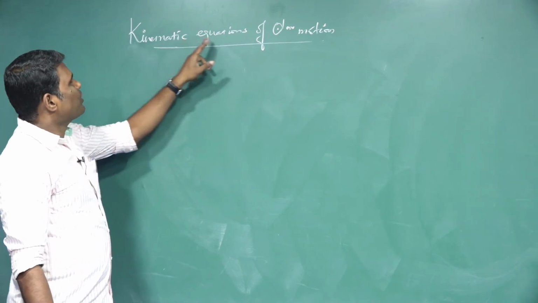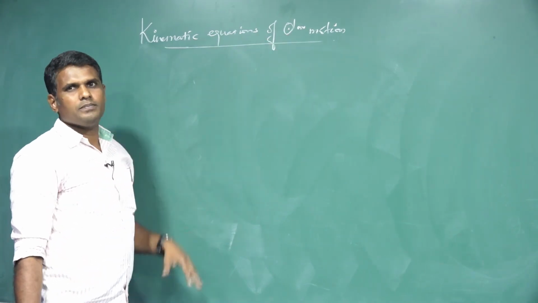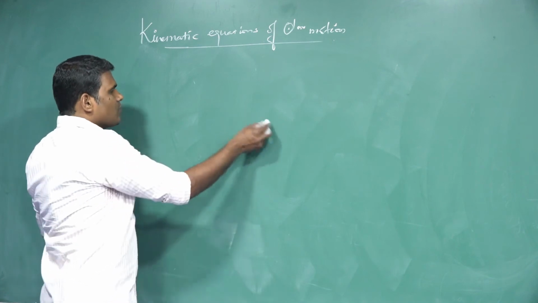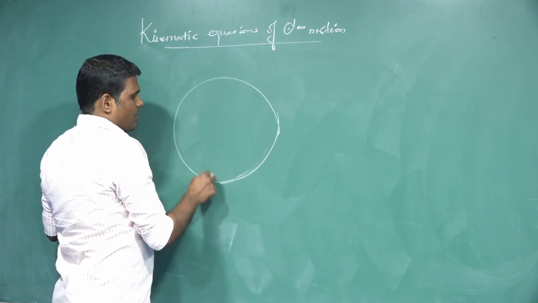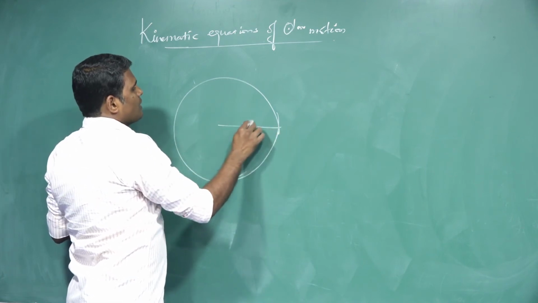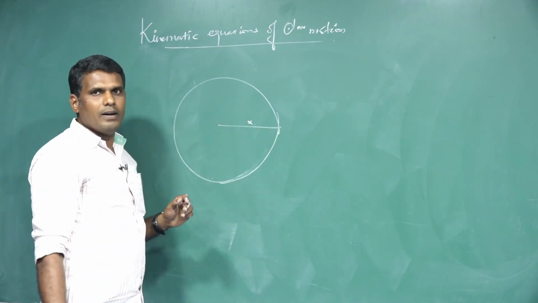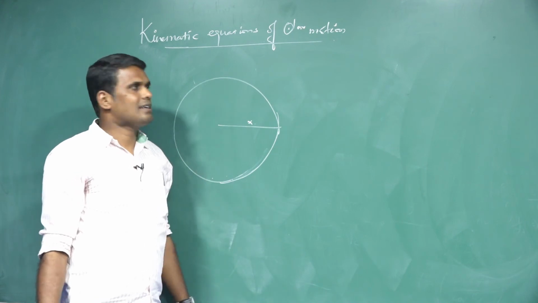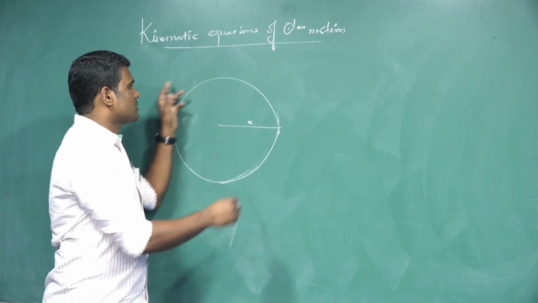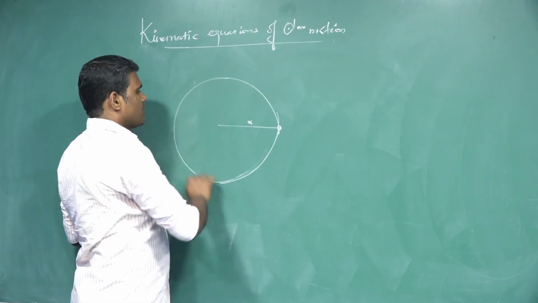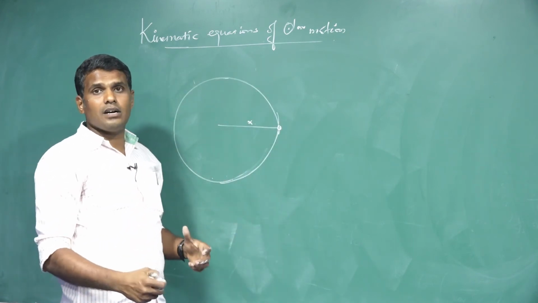We are going to speak about kinematic equations of circular motion. If an object is in circular motion with a constant angular acceleration alpha, we can list out the kinematic equations for the objects describing circular motion,